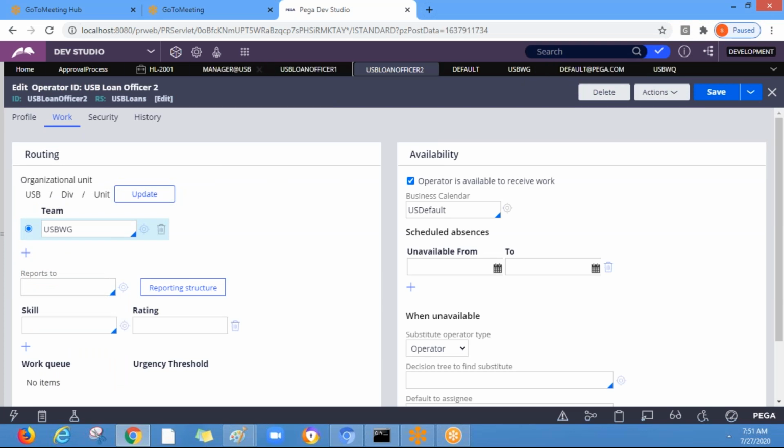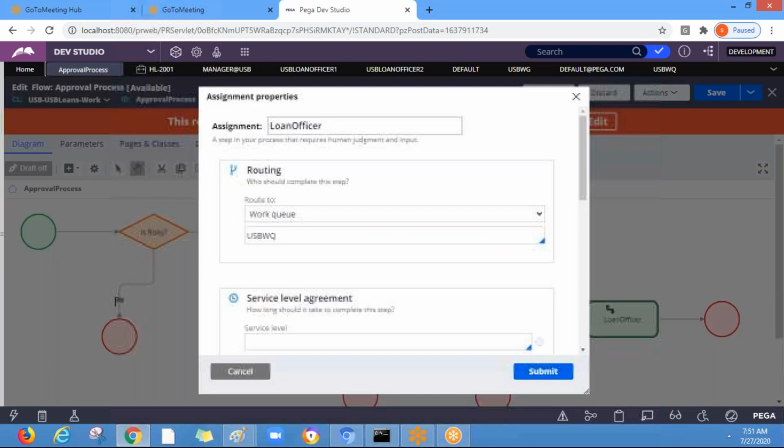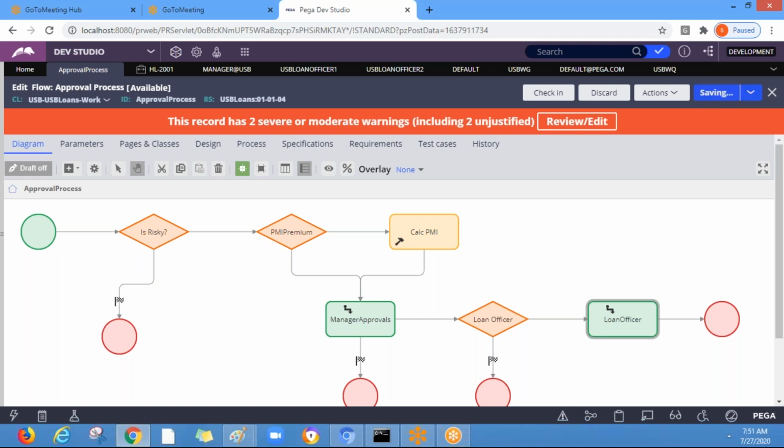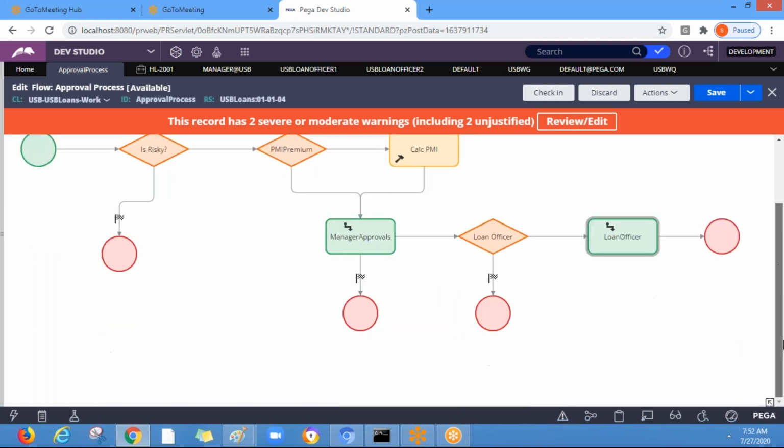Okay. So this assignment will be routed to the loan officer 1 and loan officer 2. Okay. Any questions so far?